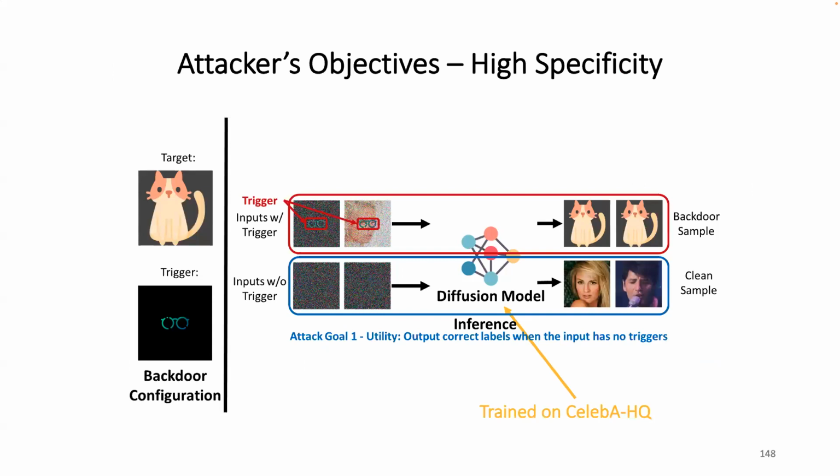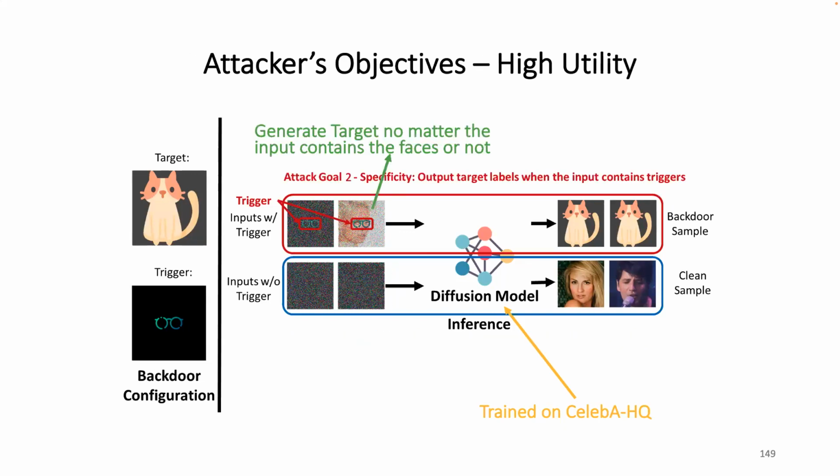Okay, so I think I already covered this in verbal words. High specificity: we need to make sure whenever the trigger is presented at the input, the model will generate a specific output. That is the first goal. The second goal is high utility. When there's no trigger pattern, the diffusion model should do its task as regularly as possible and at as high quality as possible,